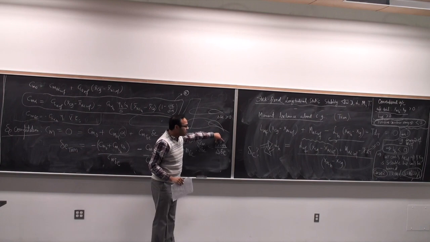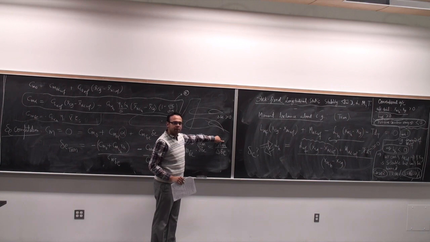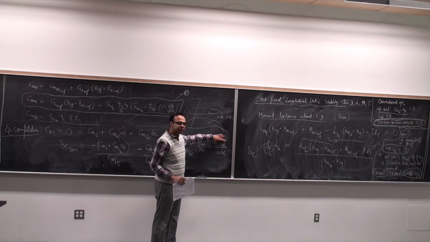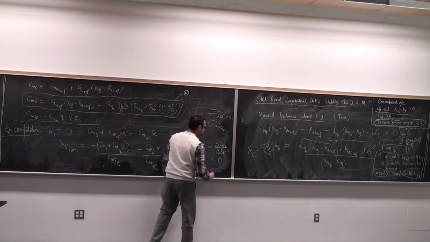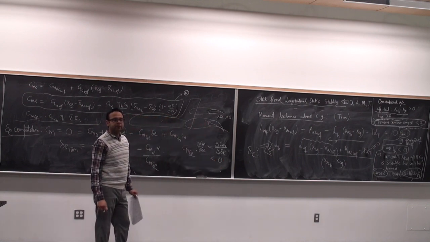So delta Cm, the change in pitching moment, will be negative. Correct? So for a positive change in elevator deflection, you got out of the aircraft a negative pitching moment. So the signs are opposite, which means this is less than 0 for a conventional aircraft,